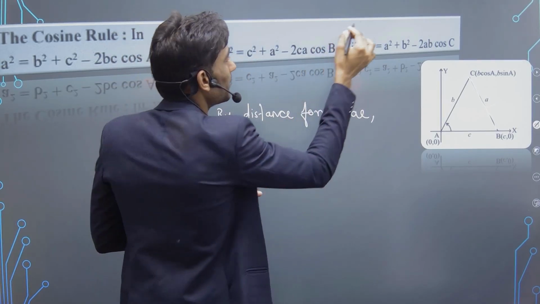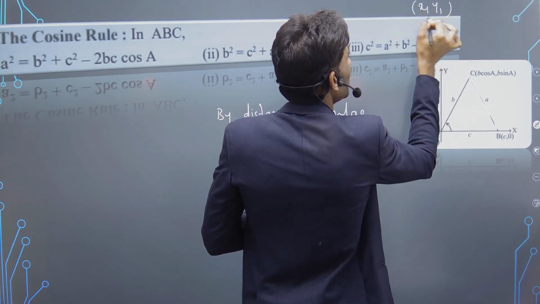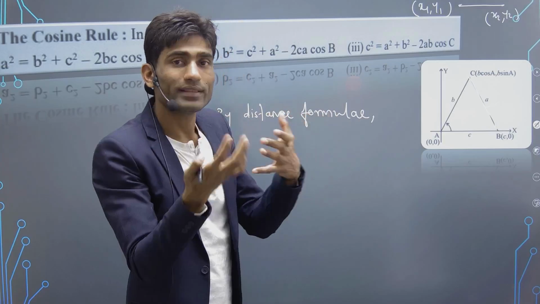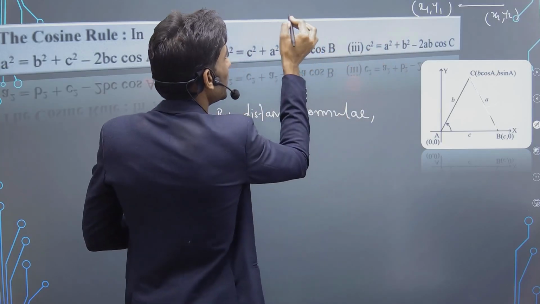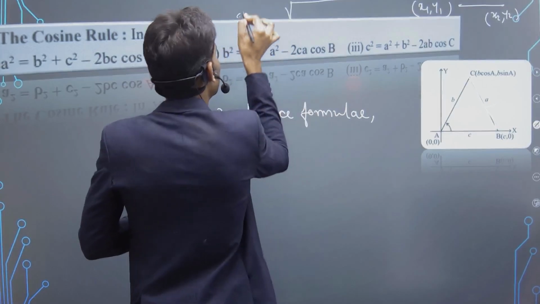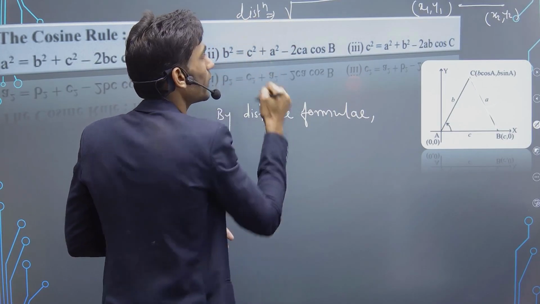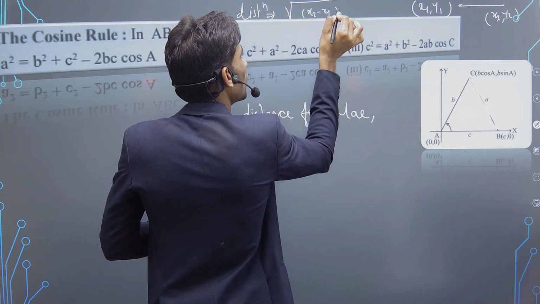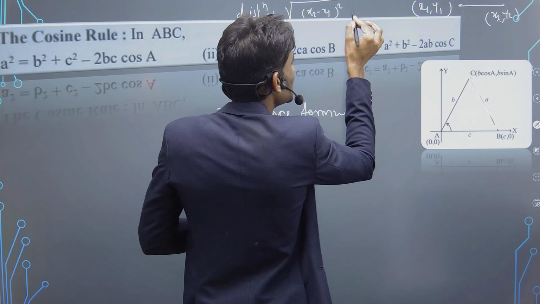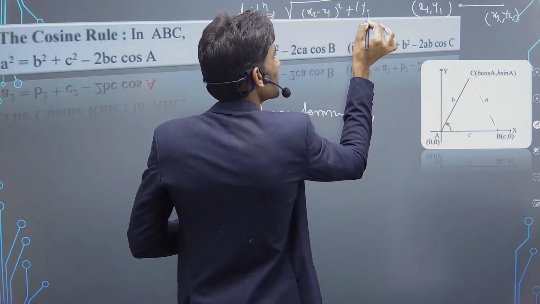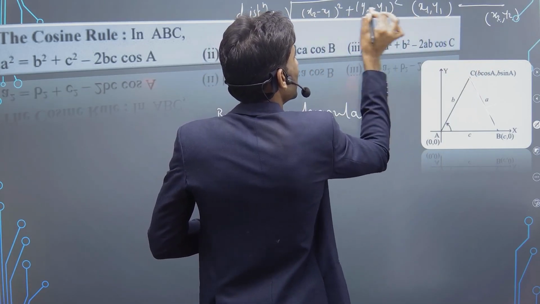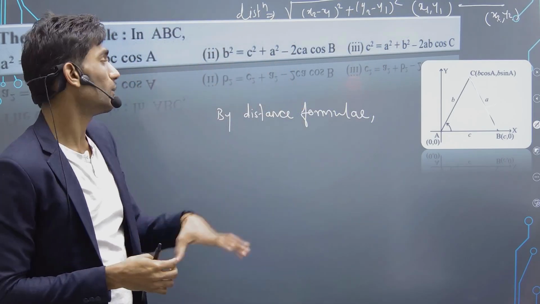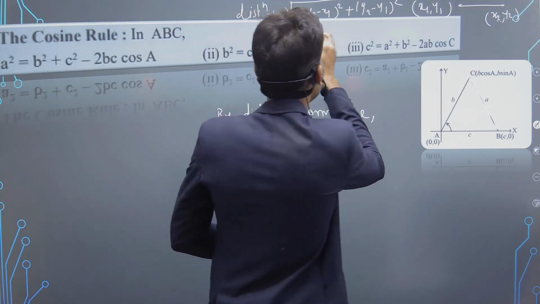For example, if I consider x1, y1 as the first point and x2, y2 as our second point, and we want the distance between these 2 points, we take this distance using the distance formula. The distance formula says: square root of (x2 minus x1)² plus (y2 minus y1)². So this is the actual distance formula for our proof. We will use that distance formula